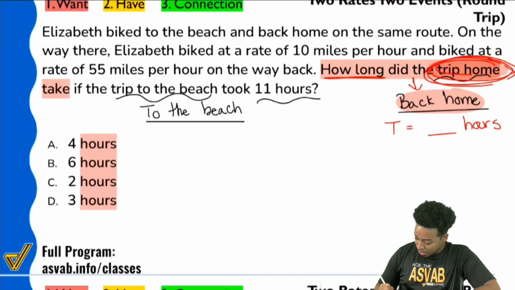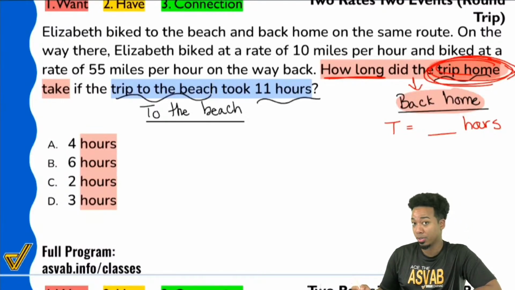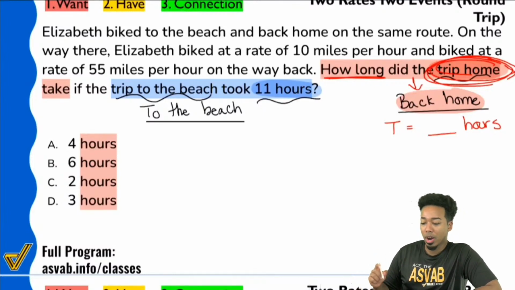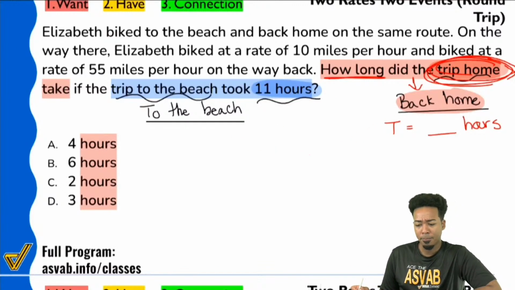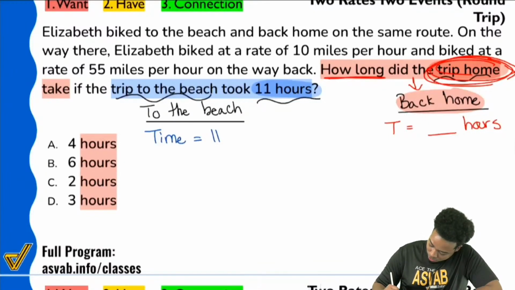Next, notice how it says trip to the beach took 11 hours. So 11 hours, we have a time frame. Where does that belong? Where does that 11 hours belong? Here or there? Some of us are saying to the left. Is that correct? Can we confirm that? To the beach? Sounds good. I like that we can agree on that. That's good to see. So, yep, that's going to be time equals 11